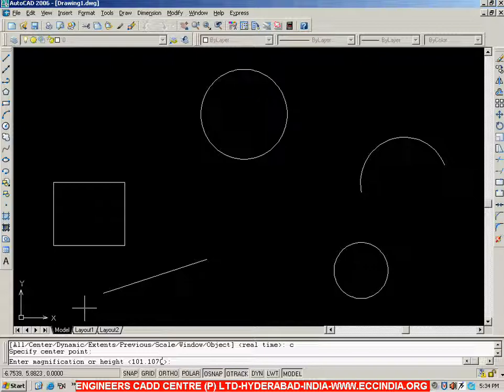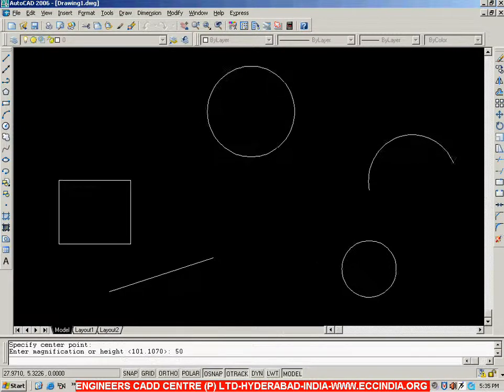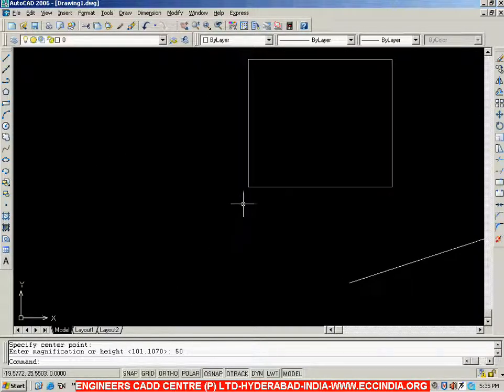Now we will do one thing, we will take a value less than that. So I am taking here a magnification value of 50, which is less than the current value. So let me take 50 and go with enter. Now the selected point is placed exactly at the center of the screen. If you see, this is the screen, then exactly at the center we have that selected point, plus the camera has moved closer to the objects because I have taken here the magnification value as a smaller one.